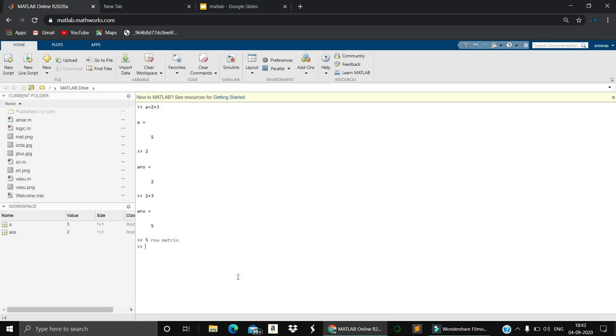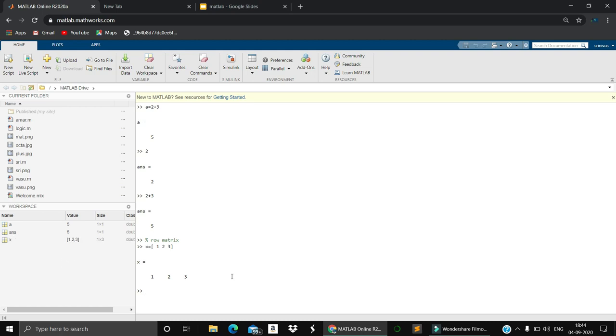So I am taking a variable x is equals to square brackets, in square brackets 1 2 3. If I execute, what you are going to get, let me enter.